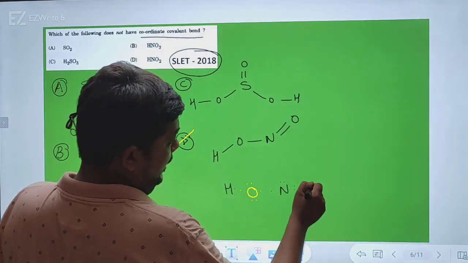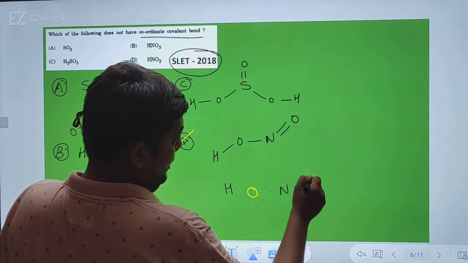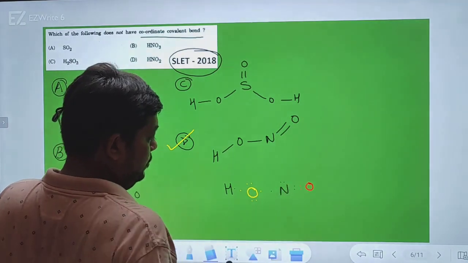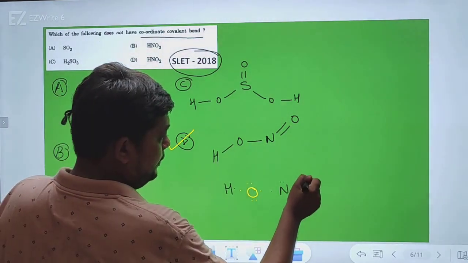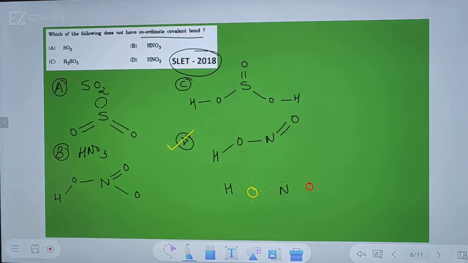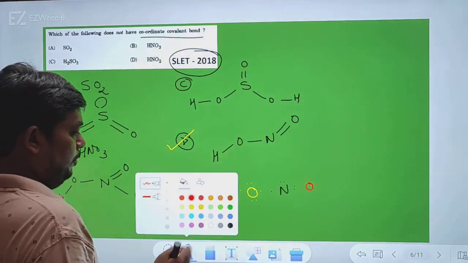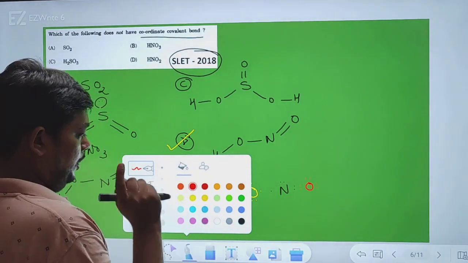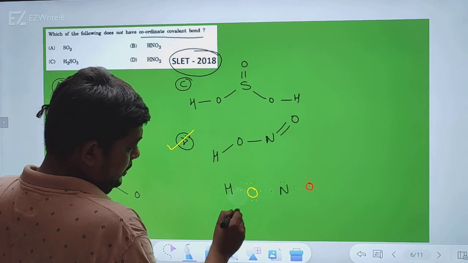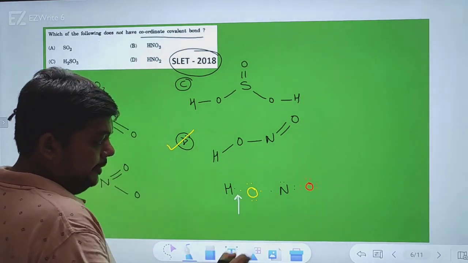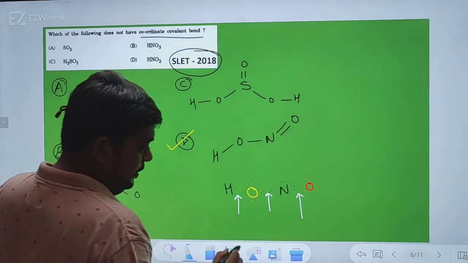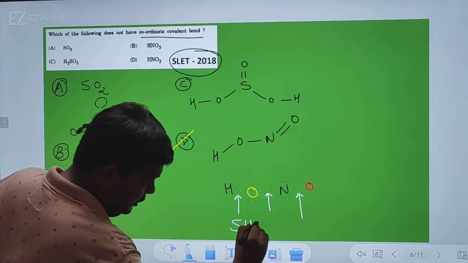On the other side I will have oxygen. Now if you look into this structure very carefully, keep your eye over there, that is important. This particular electron pair, this particular electron pair and these particular electron pair are getting shared,